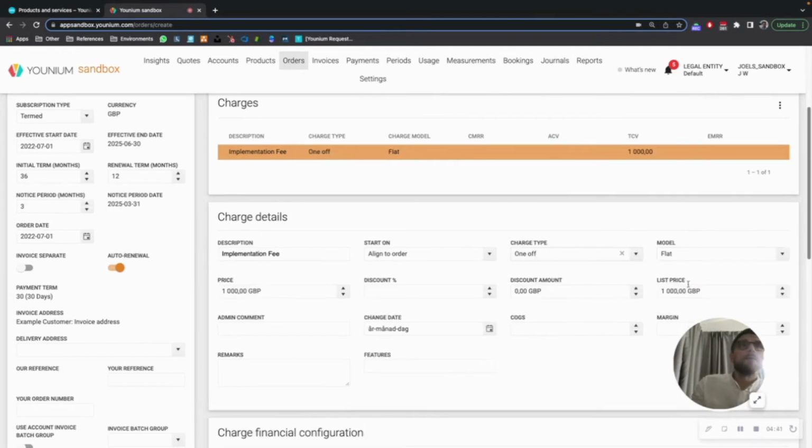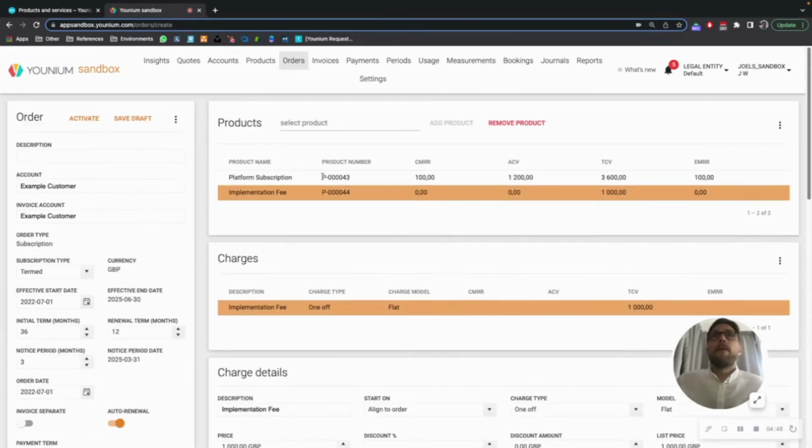So we change this to a one-off flat fee. This can be configured in the product list. And we have our order,